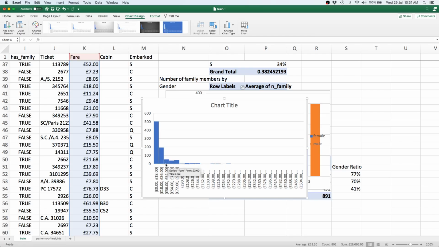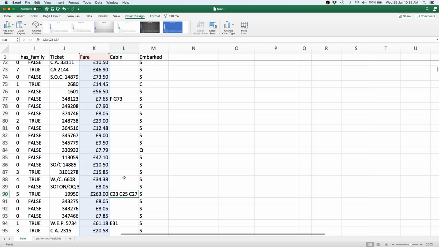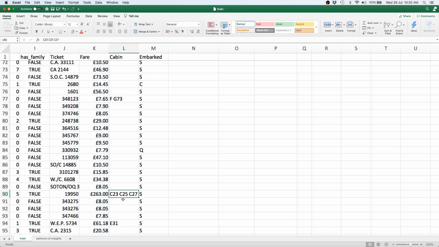At the same time, we don't even know what sort of division there is between the fares by class. What is exactly the threshold here above which we have the first class rates, below which we have the second class rates, and so on. Maybe that can be inferred from the cabin information over here. So if somebody has too many cabins, for example, this particular person has 3 cabins allotted to them, we might want to figure out whether that leads to a higher fare. Clearly it does. You see that 263 pounds is a fairly high value over here.